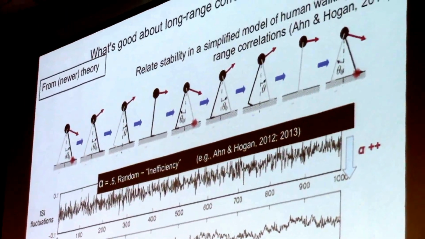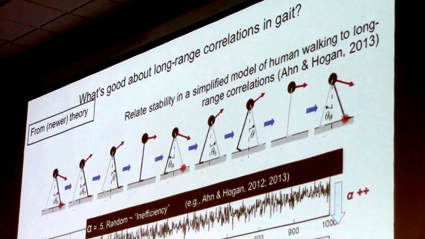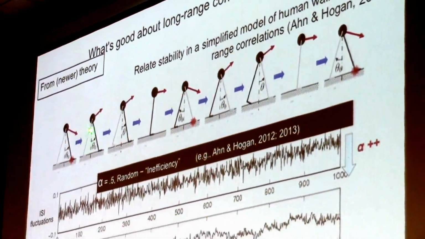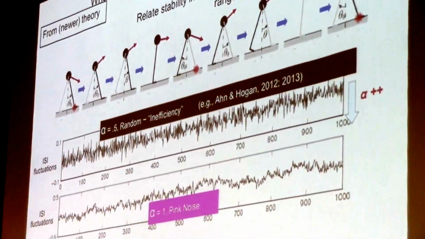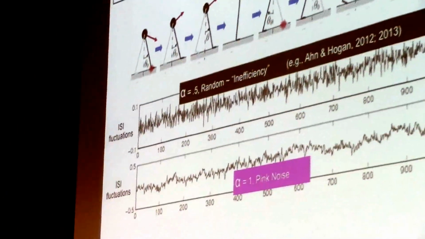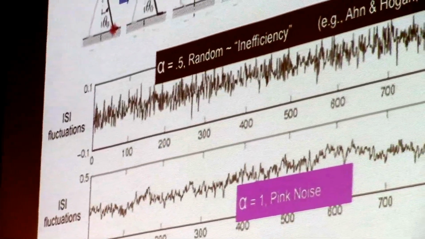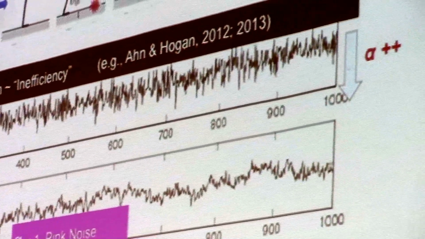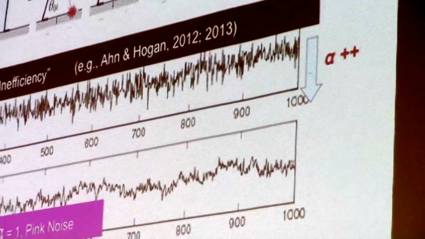It's a computational model of a passive walker, which itself is a mechanical model of gait. So you have this very simplified system that just uses gravity to make steps down a certain slope. And when you change certain parameters, which I'm not going to go into, you can see the paper, you change orbital stability. From changing the orbital stability, you increase the alpha. So this is what the authors tell us.